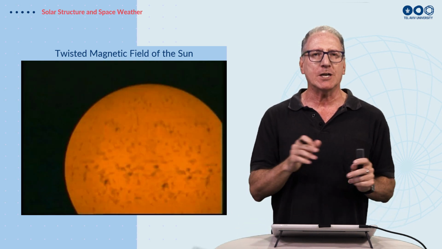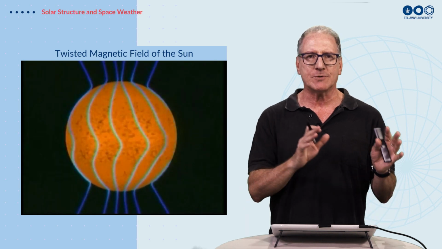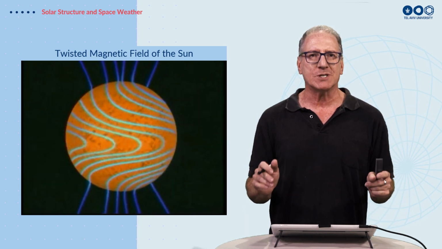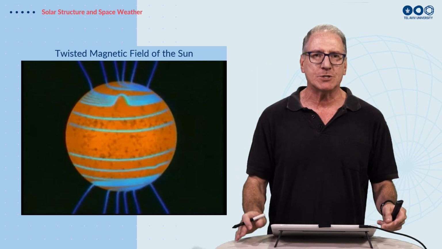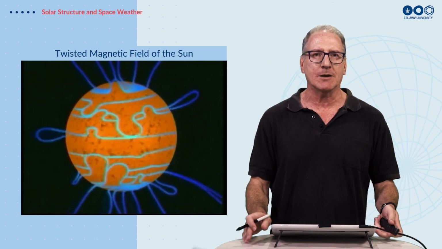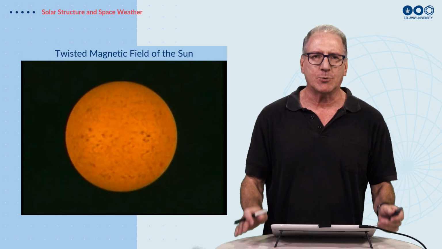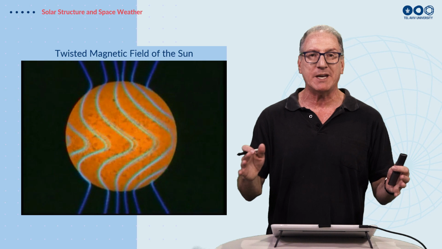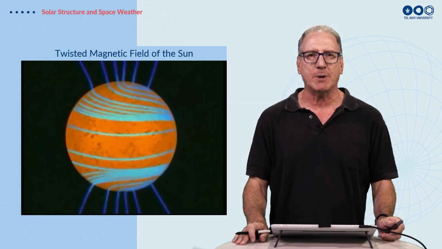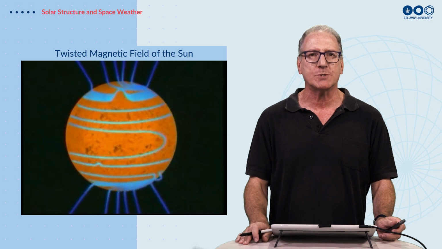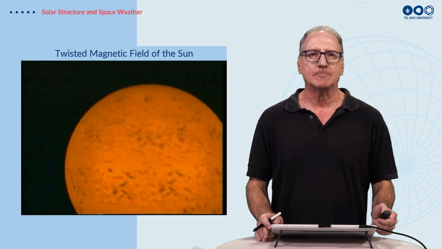These are the locations where we have storms, solar storms, on the sun. Similar to how we have storms here, we have storms on the sun which produce huge eruptions of material and can even cause damage to satellites and power systems on the Earth. And there's a whole new field that we're not going to talk about in this course called space weather. Similar to the Earth's weather, we also have weather in space, which is produced by these storms which occur at the location of these sunspots on the sun.